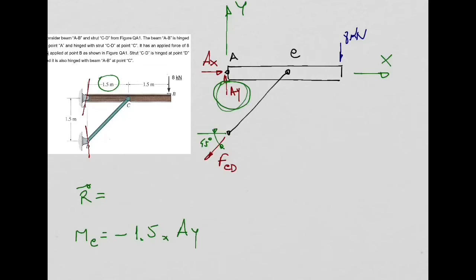So the moment produced by AY is this, and now I need to add the moment produced by these 8 kilonewtons about point C. How much is the distance? Is it going to be clockwise or anti-clockwise? Clockwise, so minus again. How much is the distance I need to consider? 1.5. And then I need to multiply this by 8 kilonewtons. And these are all the moments we have about point C. And in order to be in equilibrium, this needs to be equal to 0. So from this equation, you obtain